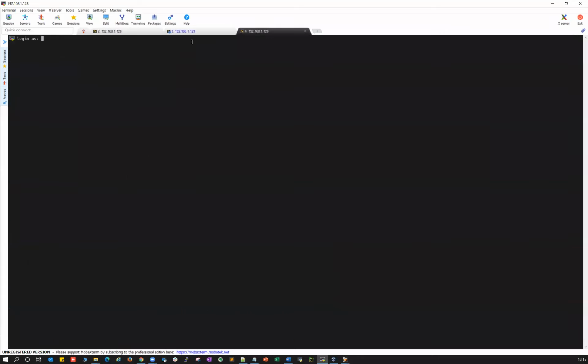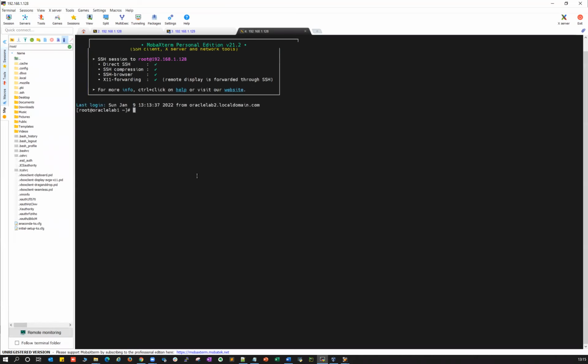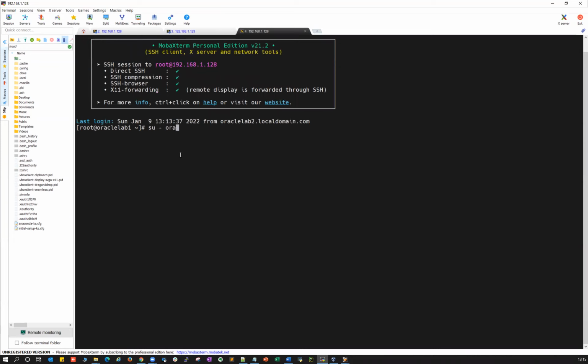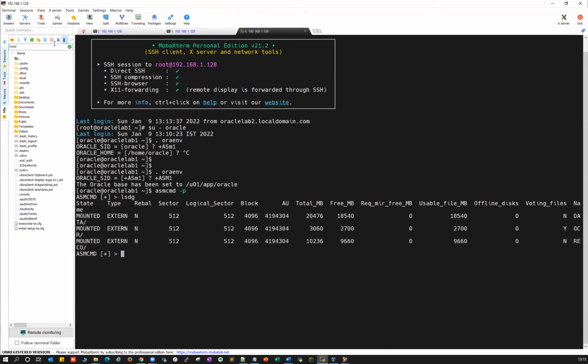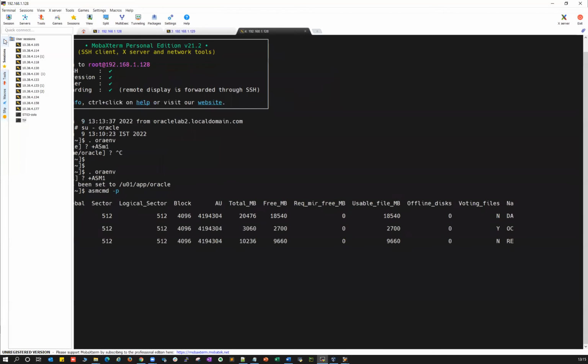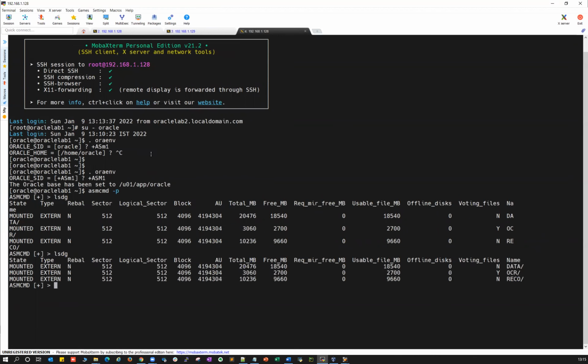So you can take one more session if needed, and verify that your data files and control files are all getting created inside your ASM disk group. I'll just connect to my Oracle user on node 1, set the environment to plus ASM1, and run ASMCMD -p, then LSDG.